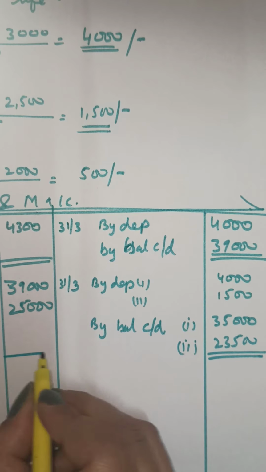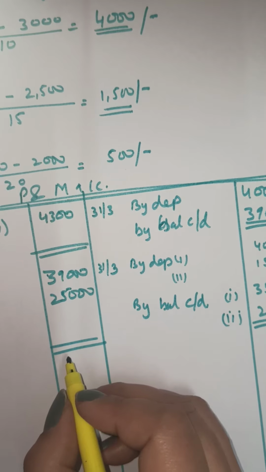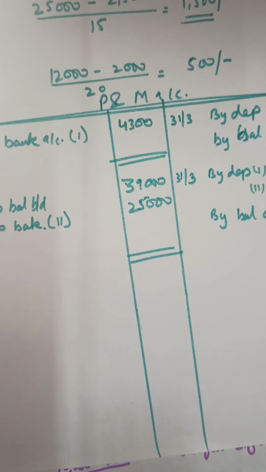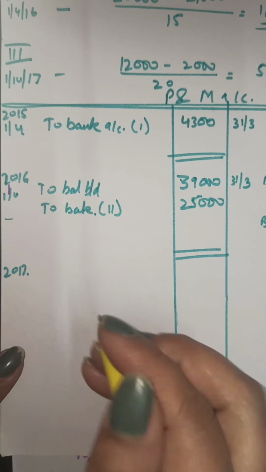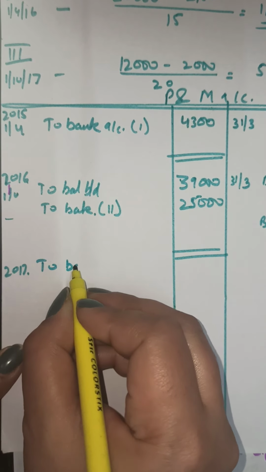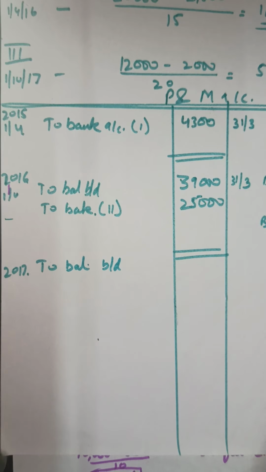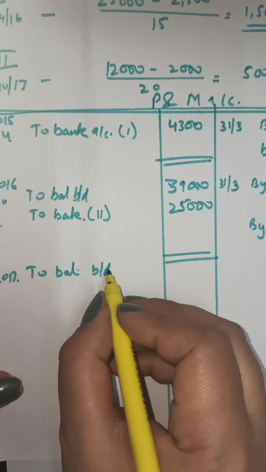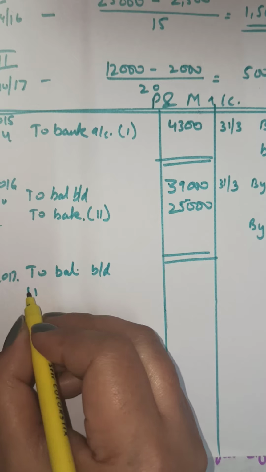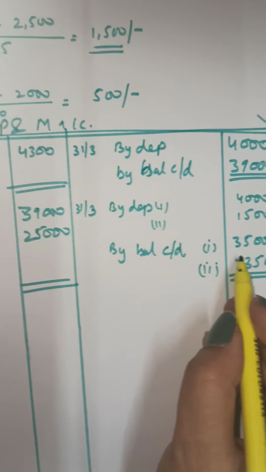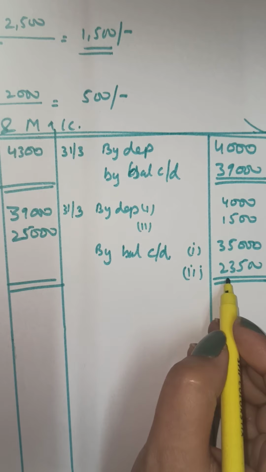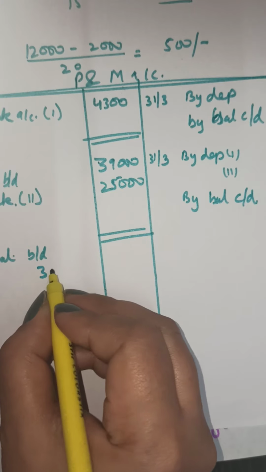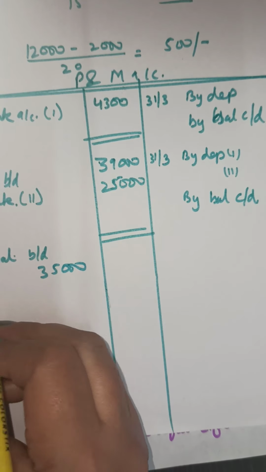And the year closes. You will write the total also, on both sides. The third year, you will keep proceeding like this, 21/7. The next year now, again, balance brought down. You already have an asset. In the third year, the first balance brought down is 35,000, and the second balance is 23,500. So 2 balances brought down, 1 is rupees 35,000 and 2 is 23,500.